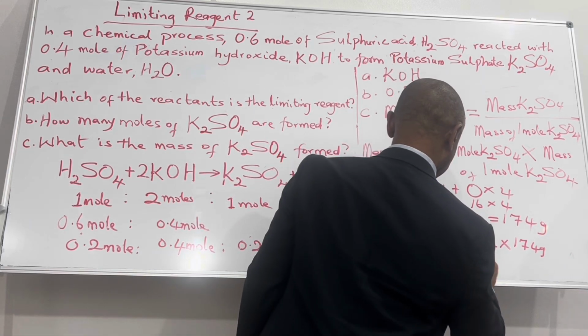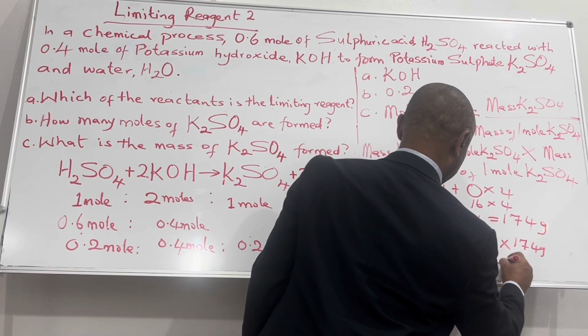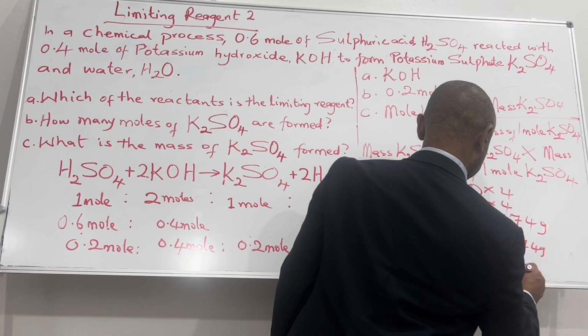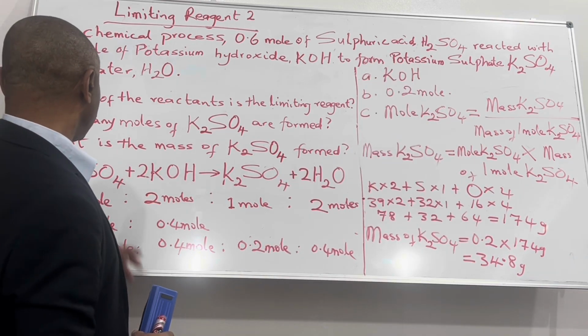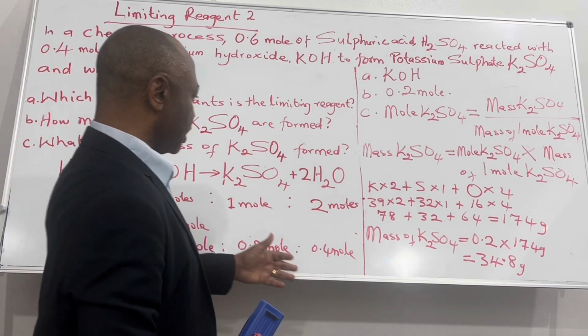And that will give us 34.8 grams. So the mass of potassium sulfate formed in the chemical process is